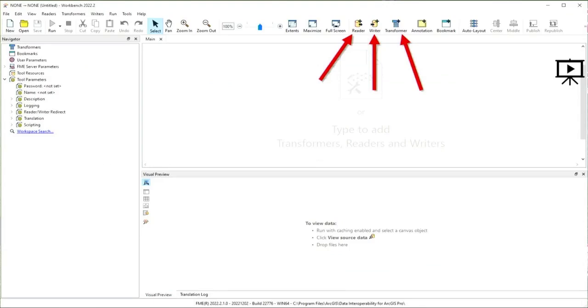So a lot going on when you first fire up the Workbench tool, or whatever name you want to use for this thing, but the thing to focus on are 3 things: readers, writers, transformers, and they do pretty much what you might expect. Okay, so I'm going to focus first